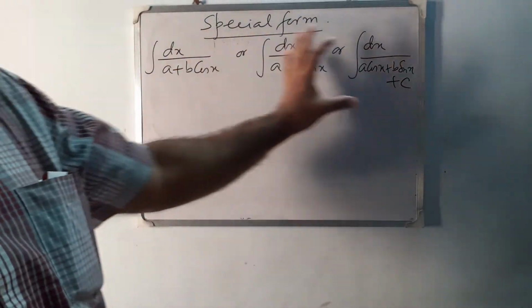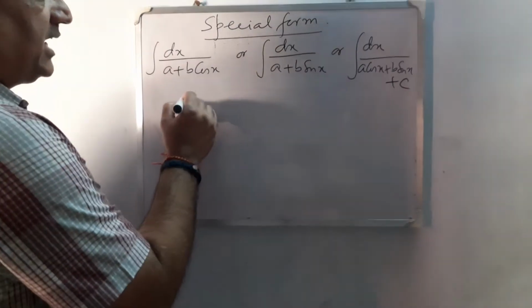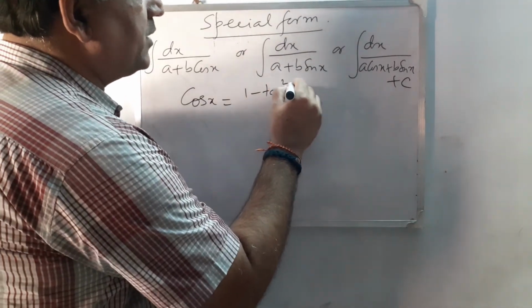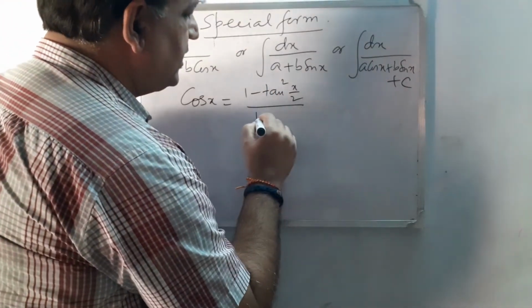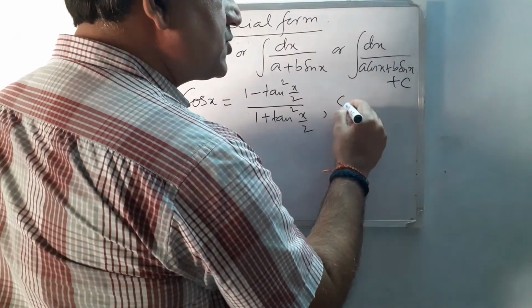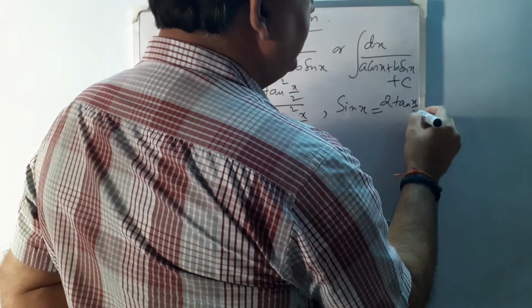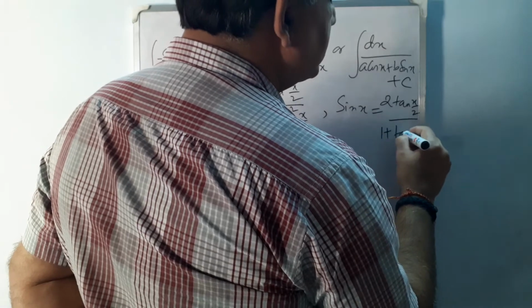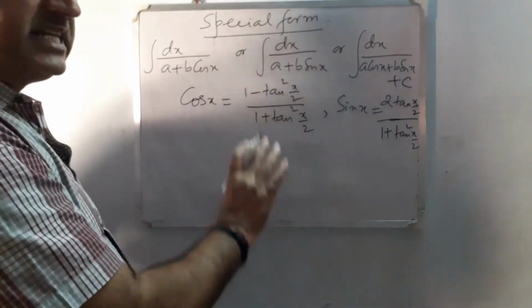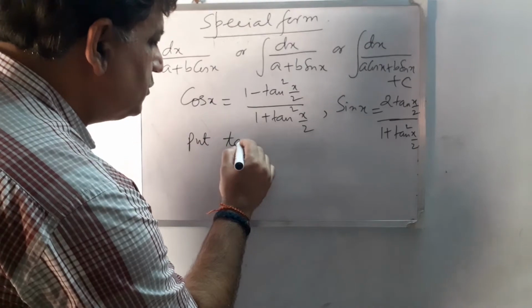Now to solve such type of integrals, there is one general method. Always write cos x as 1 minus tan square x by 2 divided by 1 plus tan square x by 2. Similarly, sin x you have to change, that is 2 tan x by 2 divided by 1 plus tan square x by 2. You have to convert sine or cos in terms of tan and then put tan x by 2 is equal